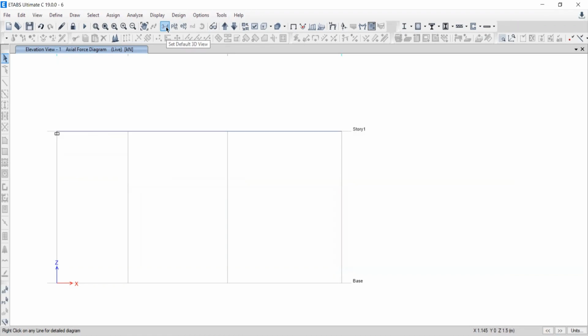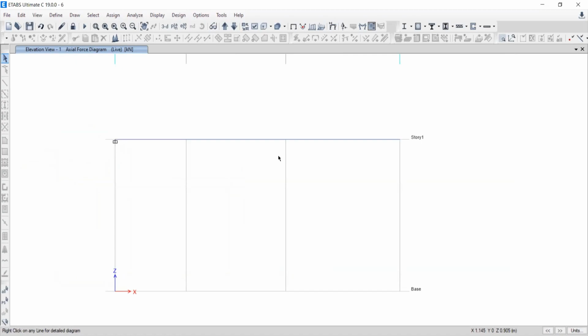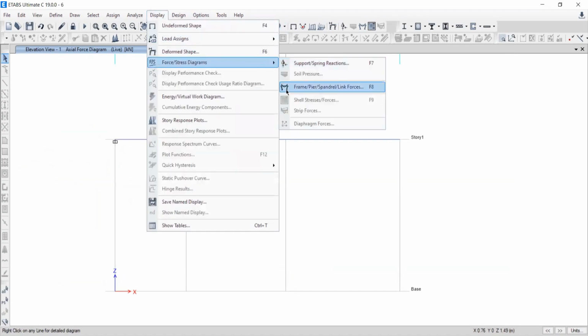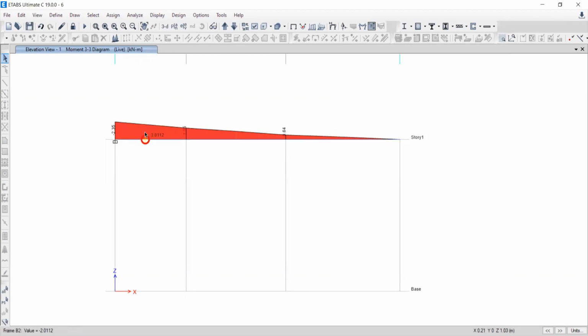Okay. What next? After this, okay. Problem is what? Go to display. Go to force diagram. Go to frame pier and movement about 3. Some problem is there that I would like to share. Apply. Okay. If you want to know more detail about these stresses, shear force, bending moment, so right click over